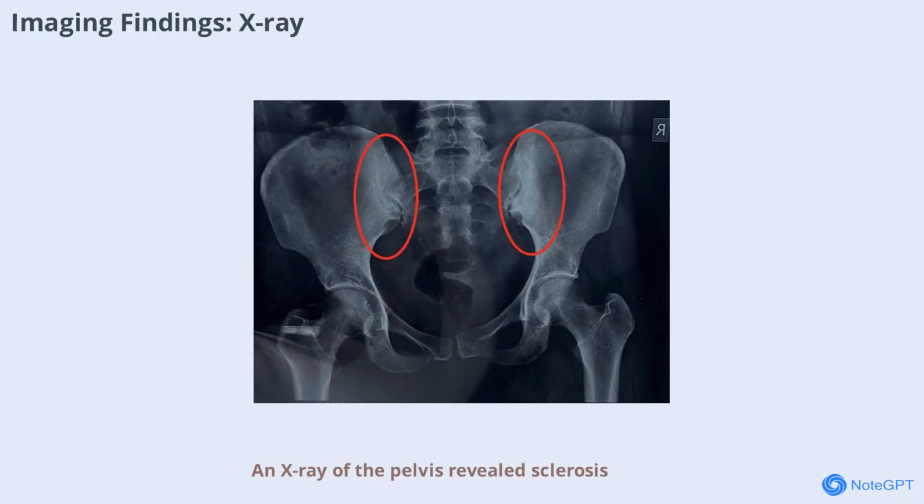An X-ray of the pelvis revealed sclerosis of the iliac part of the sacroiliac joints without any erosion, irregularity, or fusion. This classic radiographic appearance is a hallmark of OCI. The lateral aspect of the greater trochanter showed slight irregularity, more pronounced on the right side, but no abnormalities were seen in the lumbar spine or hip joints. These imaging findings confirmed the diagnosis of Osteitis condensans Ilii, distinguishing it from other causes of back pain, such as spondyloarthropathy or osteoarthritis.